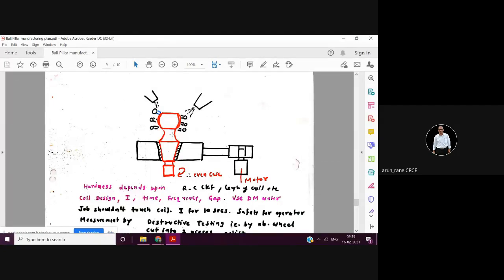My mistake, suppose if you forget and you are done hardening, then you won't be able to do the drilling. Then you'll have to go for EDM. You'll have to take an electrode and do the drilling. So that becomes very expensive. The work which could have been done in just 1 minute will now take half an hour to 1 hour to drill. So that's why, as you said, not necessarily, but it is always preferred that you do all the soft operations, because what happens during hardening, because of the temperature, the component gets distorted.